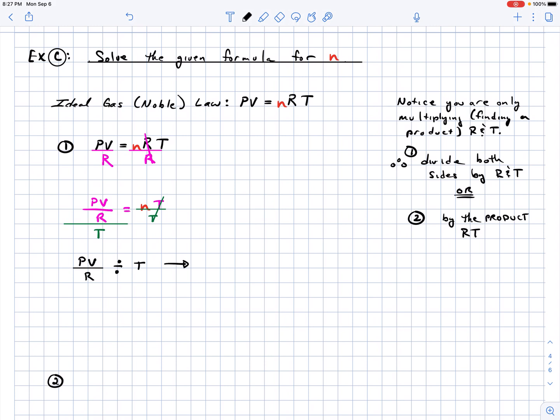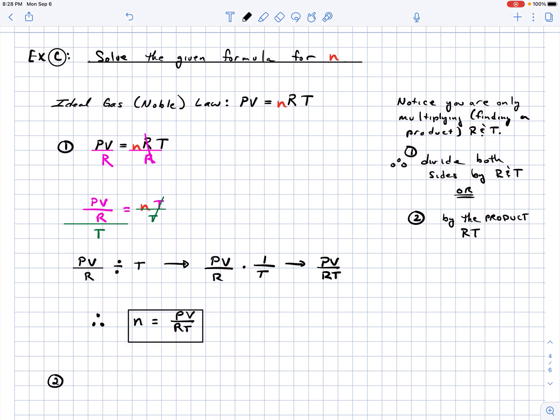What do you guys remember how we divide in this format? We multiply by the reciprocal, right? So that would be what? PV divided by r times 1 over t, which then gives you PV over RT. Or, therefore, n equals PV over RT. Now,